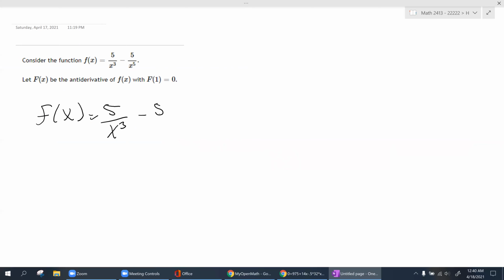Just like before, there's one thing that I need you to do, and you need to be careful with these signs. This here can be rewritten as 5x to the negative 3 minus 5x to the negative 5. So pretty much what you can do here is